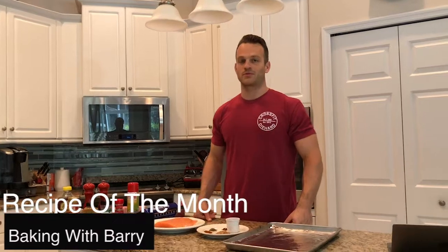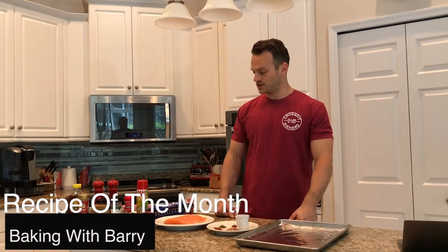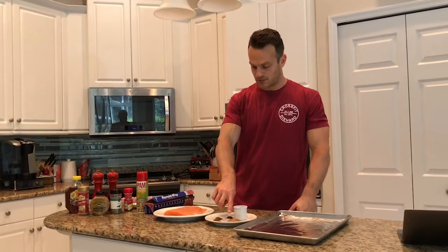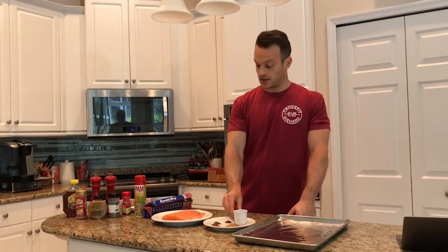Today we have a very simple recipe. It's going to be honey mustard baked salmon in a foil packet. Very simple ingredients. It's going to be pretty delicious. See the ingredients here. We got basil, crushed red pepper, stone ground mustard, paprika, and honey in addition to our